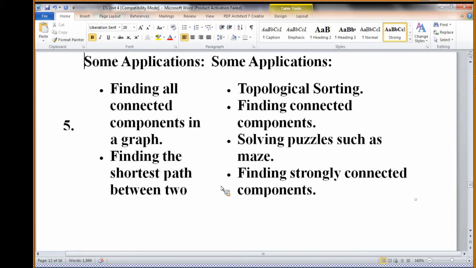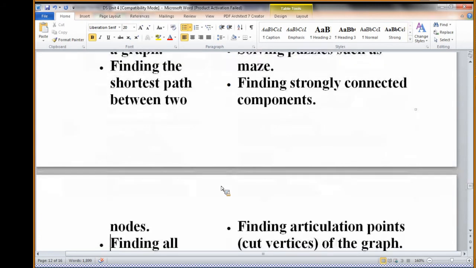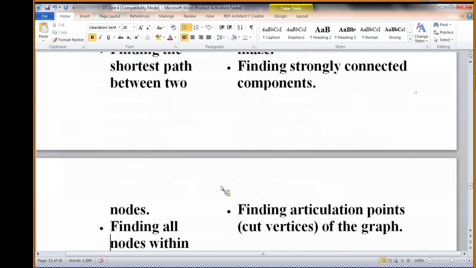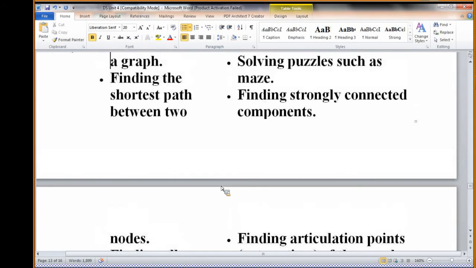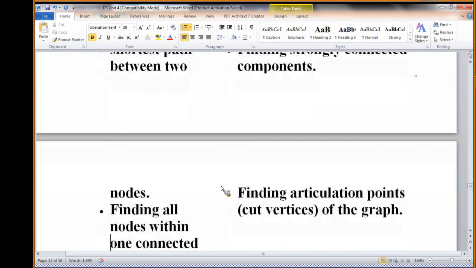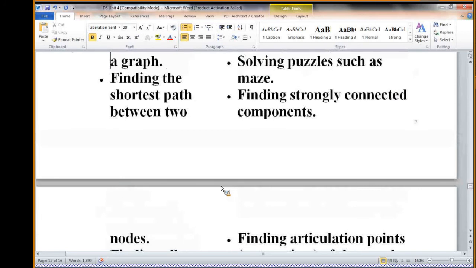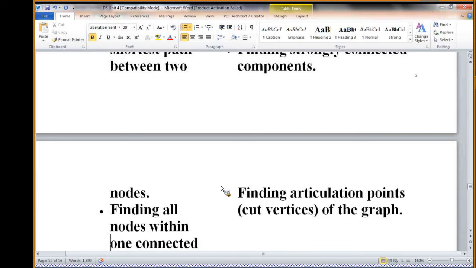Finding all connected components in a graph will be very easy using BFS. And finding the shortest path, I already told you, if weightage is there and you want to find the shortest path between nodes to transfer data, for example in your computer network applications, LAN, WAN or any kind of hybrid network, then it will be very easy if you implement BFS. And finding connected components, whether the components are connected or not, BFS will be very simple.